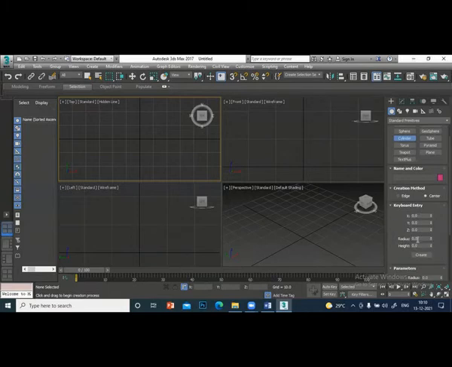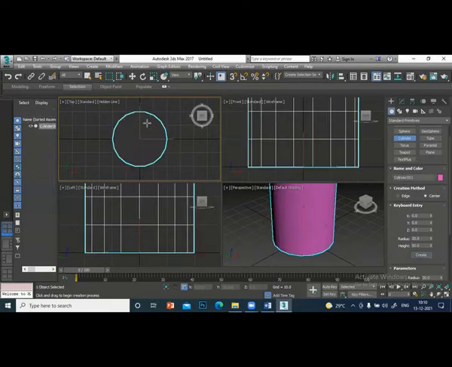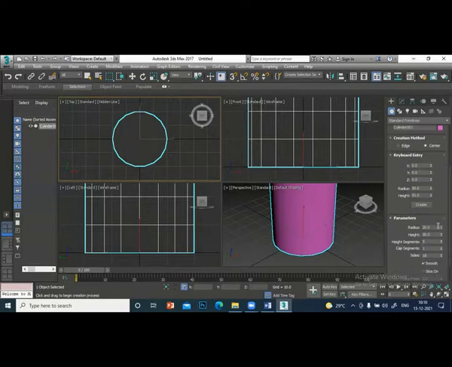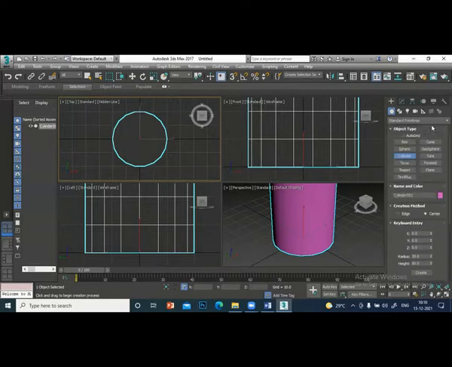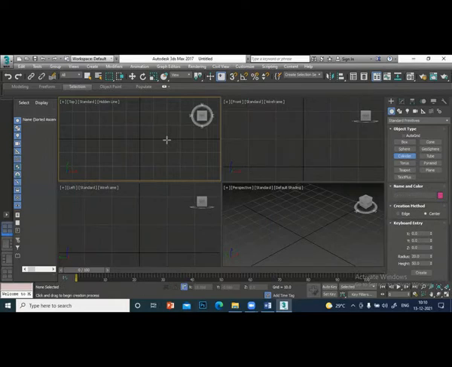Then type the radius, 20, height, 50. Now click create. So it creates exactly at the center. Okay, so the keyboard entry is sometimes very useful. Okay, so we have seen. And when you create an object, it creates different colors because it is in the default settings like that. It creates in different colors.